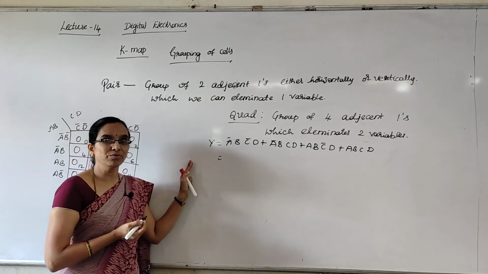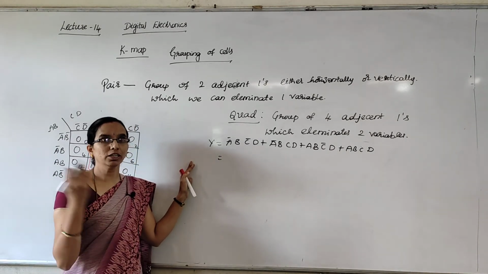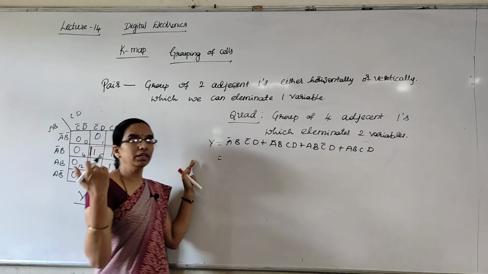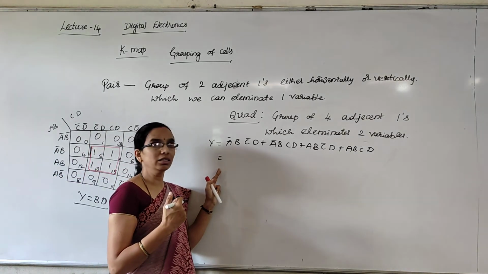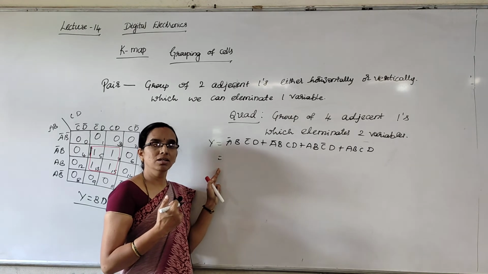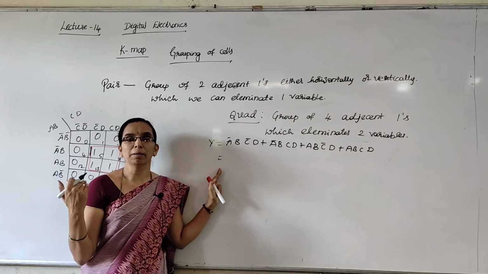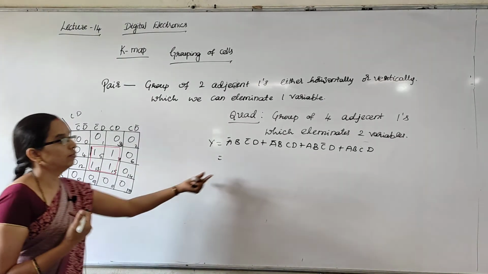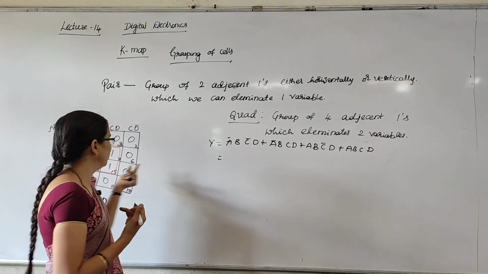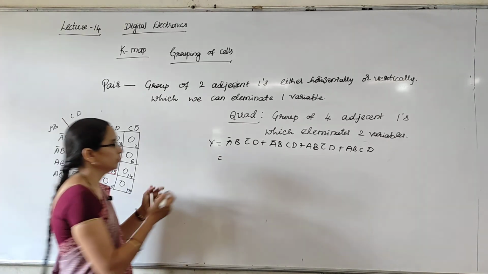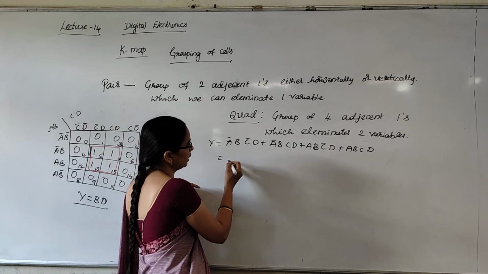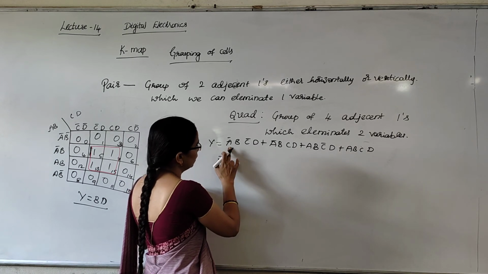This is just for proof, so that you can accept K-map for the simplification. After learning the K-map completely, we will not solve using Boolean laws. We will use only K-map. So if I get BD by solving this, then we can accept K-map. Here, in between these two, I can take A bar